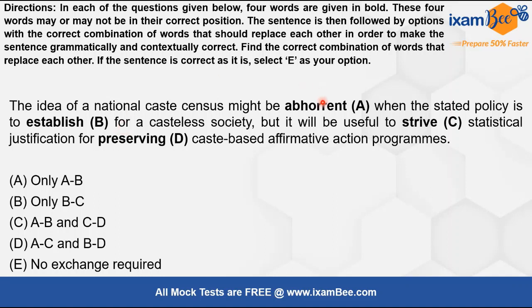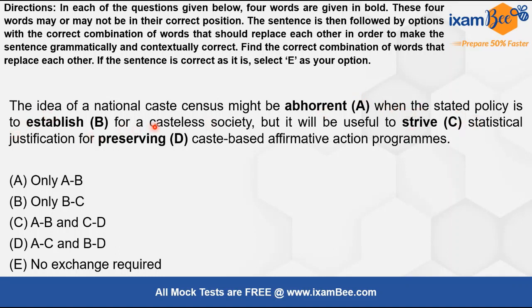But if you feel that any of these words is not in their correct position, actually not only one, at least 2 words need to be in their incorrect position, then only you can swap, right? So this is how it will go. You will have to find out which pair is not in their correct position, and then you have to swap that. So the sentence says, the idea of a national caste census might be abhorrent, means hateful, when the stated